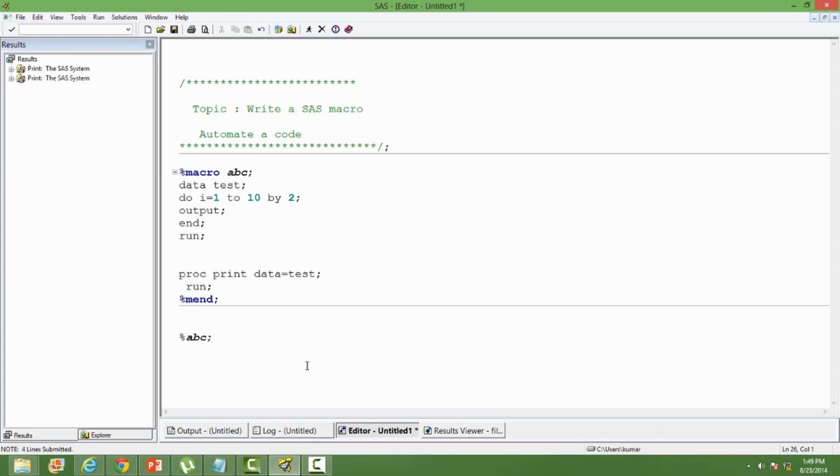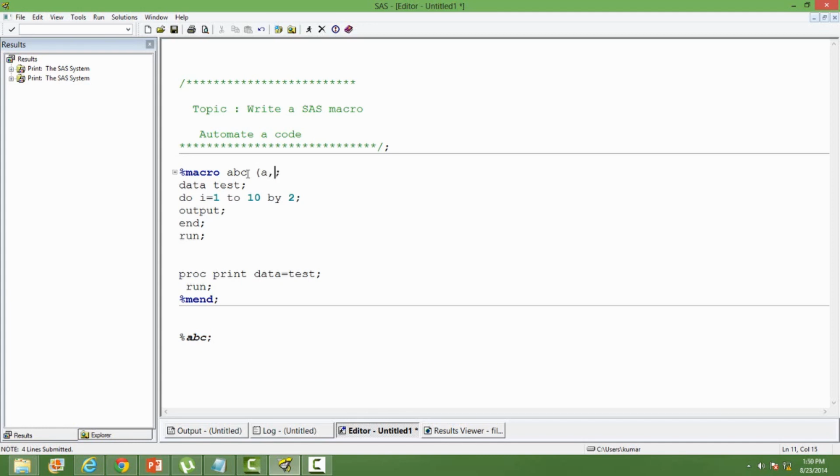Sometimes we may need to make the code very generic. How do we make it? Well, we have hard coded it, right? Our upper limit is 10 and the incremental value is 2. What if we want to keep on changing it over again and again, and we cannot just go every time to the code and change it. We want to make it very generic in nature. So for that we parameterize it.